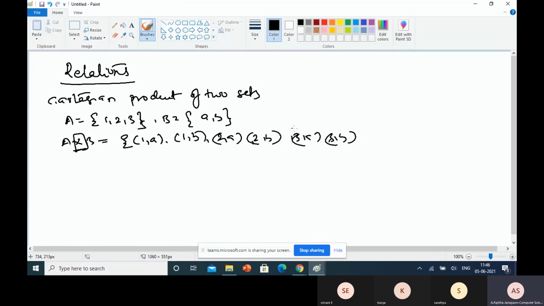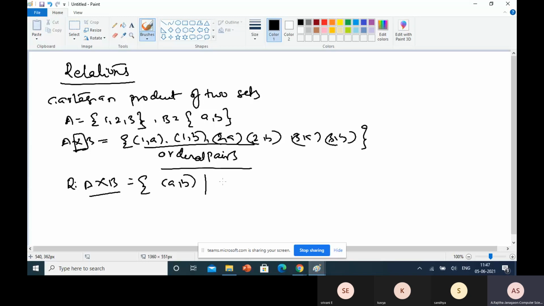It contains a set of ordered pairs. These are called the set of ordered pairs. The Cartesian product is written as ordered pairs, or tuples. So this is nothing but ordered pairs. Here the relation is represented like this: R is some relation from A to B. Otherwise, we write this Cartesian product like this: (a, b) is an ordered pair, where a belongs to A and b belongs to B. So this is the Cartesian product.